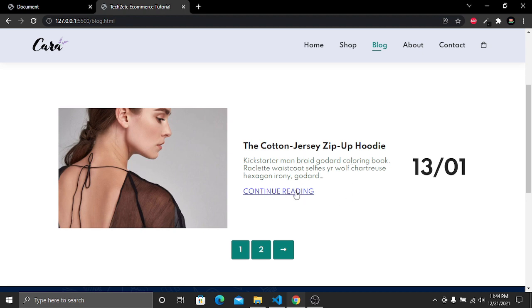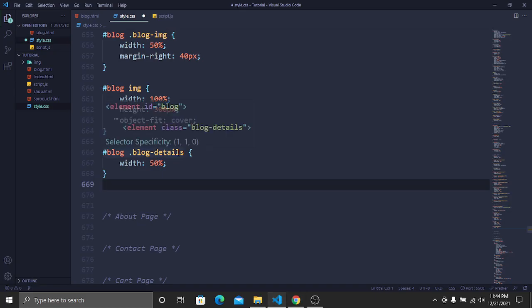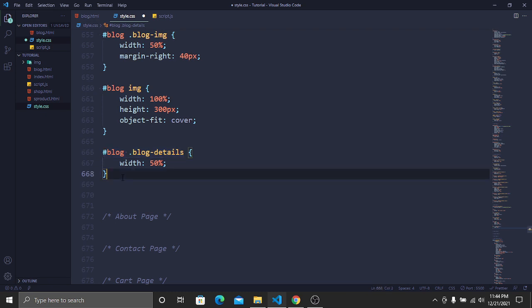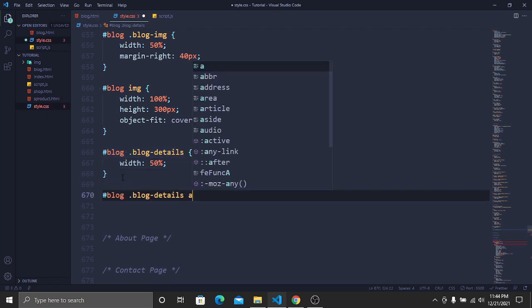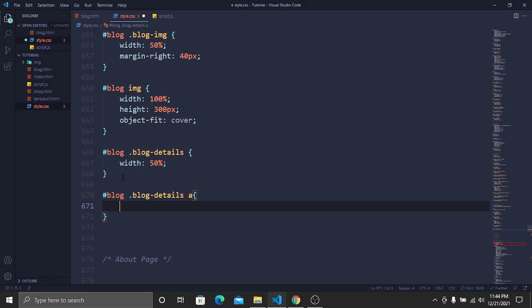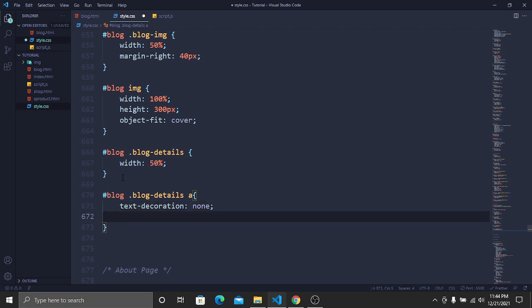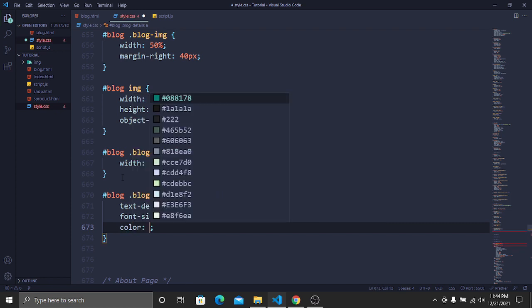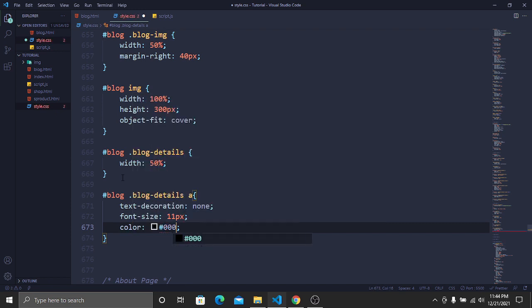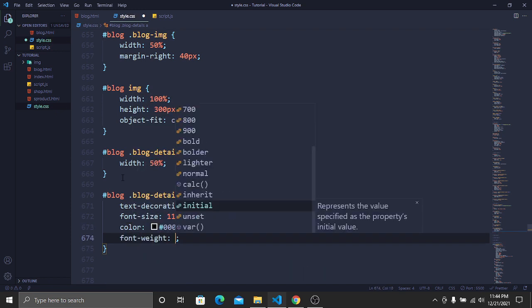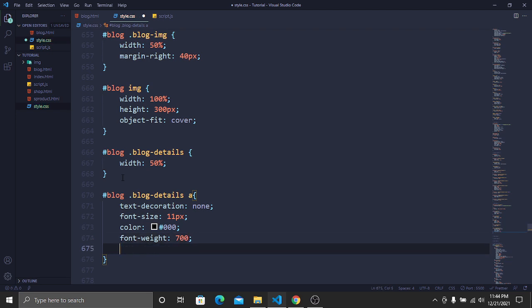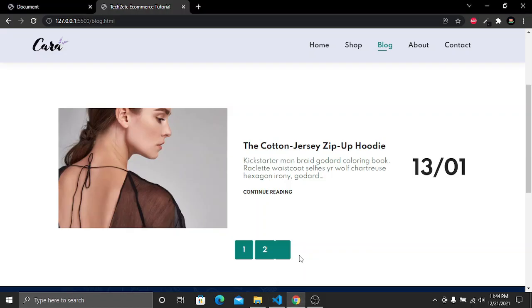And now we have to style our this button. So for styling the button, just copy this text and then paste it here. Then target our anchor tag. That's it. And first I want to remove the underline, so that's why text decoration will be none. Then we have to add a font size of 11 pixel. Then we have to add a color, and the color will be black. Then we have to add a font weight of 700. That's it. Now save and go to our website, and here you can see that we have our continue reading